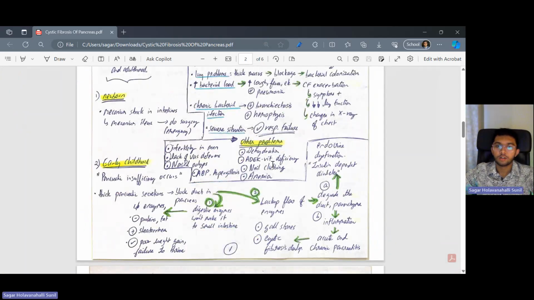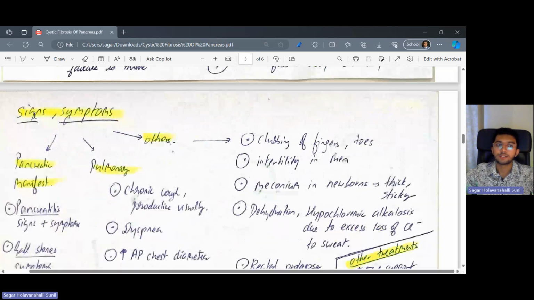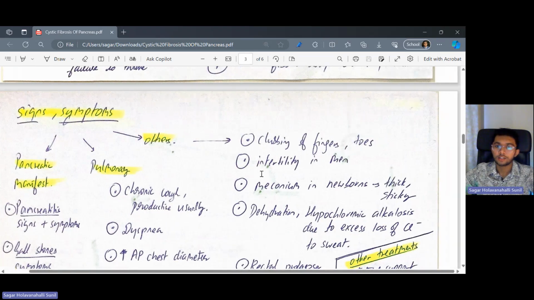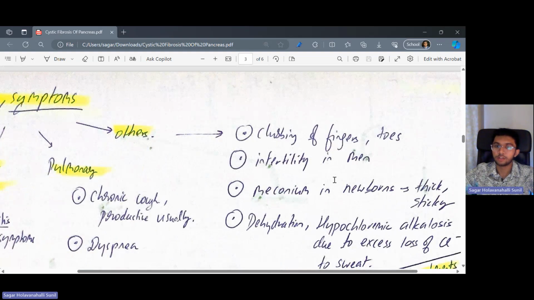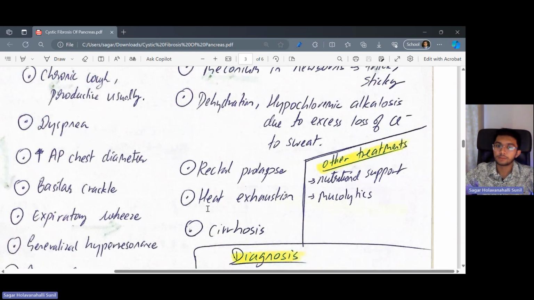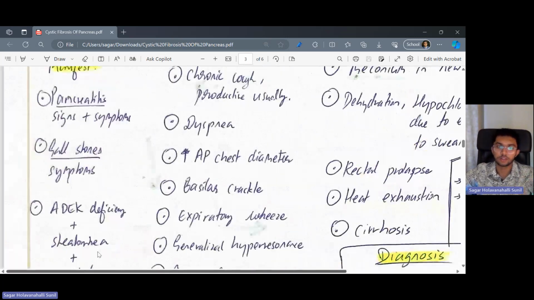Okay. Now let's go for the second page. So let's look at the signs and symptoms. You have pancreatic manifestations, pulmonary, and others. In others, again, as I mentioned, clubbing of fingers, toes, infertility in men, meconium in newborns, dehydration, and there can be hypochloremic alkalosis where there'll be less chlorine within the body. This is because there's excess loss of chloride to sweat. So there's high chloride content in the sweat, and there'll be low chloride content within the body. There'll also be rectal prolapse, heat exhaustion because of dehydration, and cirrhosis as well, because cystic fibrosis can also cause